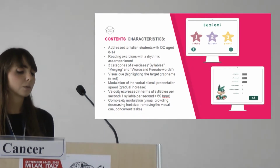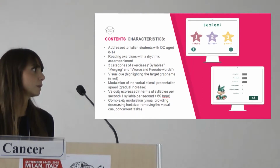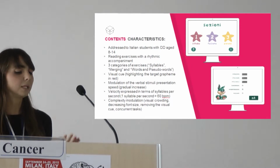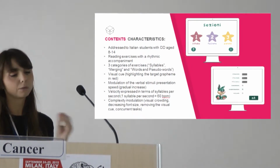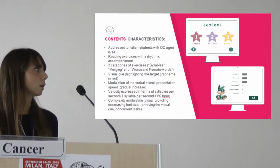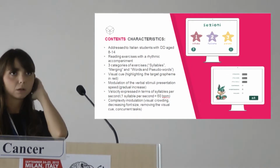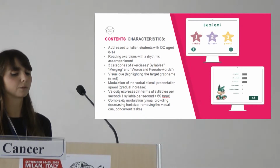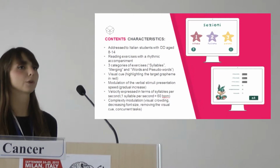The software also allows adding a visual cue, which consists in highlighting the word or the syllable that is meant to be read, and also provides the possibility for the trainer to set the speed of the stimuli presentation. To make it easier to set the speed, the velocity is expressed in terms of syllables per second, which is the most common measure used for assessing reading